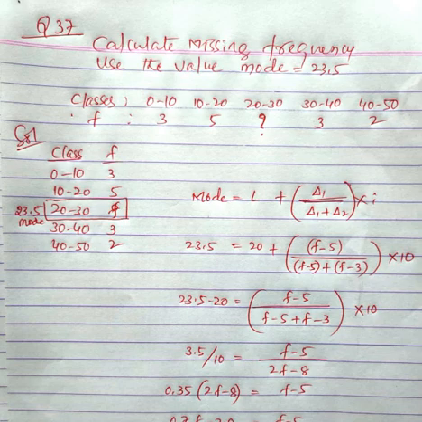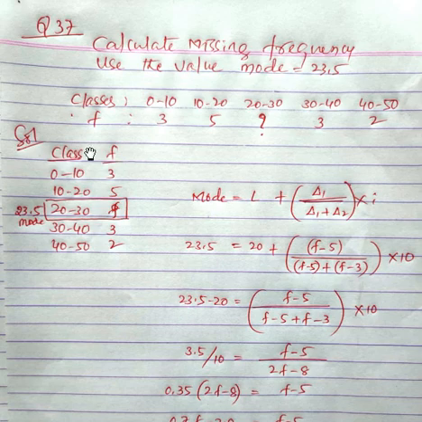And frequencies are 3, 5. The third class, that is 20 to 30, that class frequency is missing. The fourth class frequency is 3, and the last class frequency is 2. So the third class frequency is missing, and you need to find it now. The base given to you is the mode. The earlier methods, the mean and the median, are over now. This was the last method to find the missing frequency, using the mode.